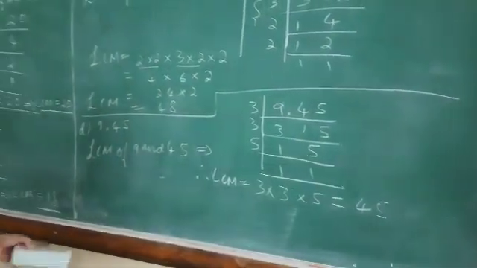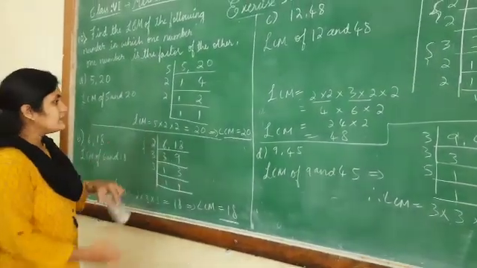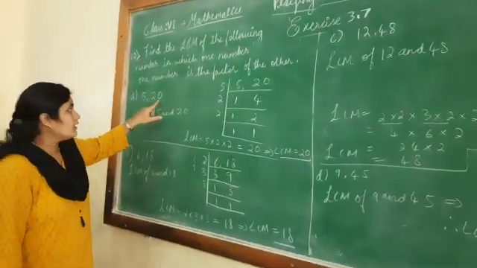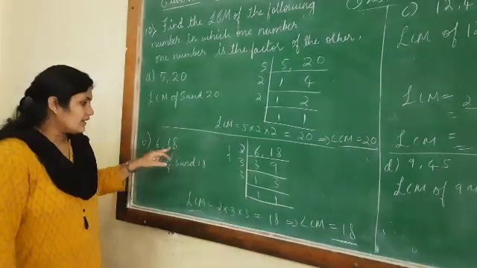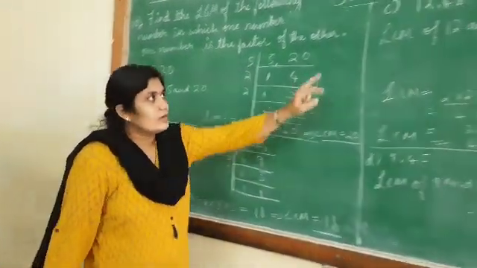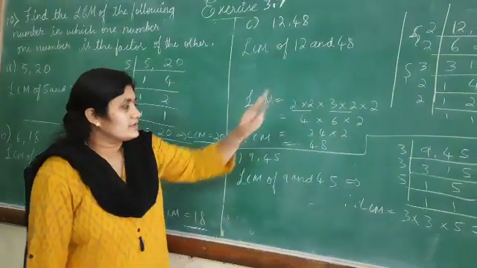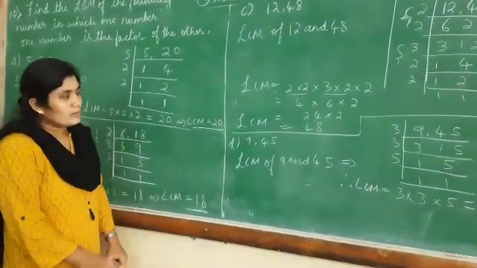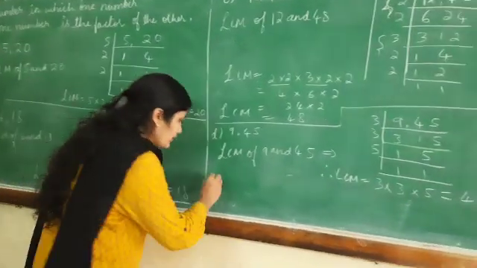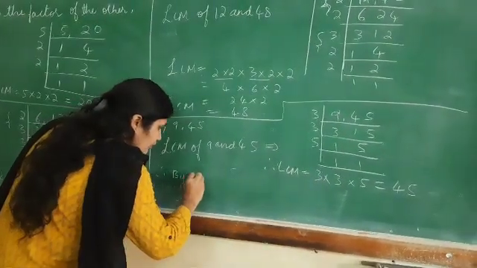As you can see, in all the problems, the LCM is the second number or the greater number. 5 and 20, LCM is 20. 6 and 18, LCM is 18. 12 and 48, 48 is the LCM. 9 and 45, 45 is the LCM. Therefore, by observation we can say that,